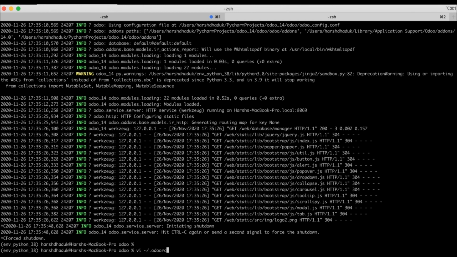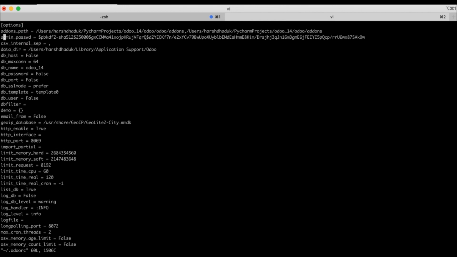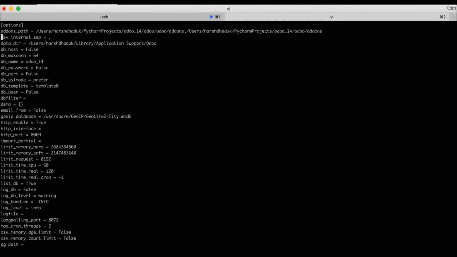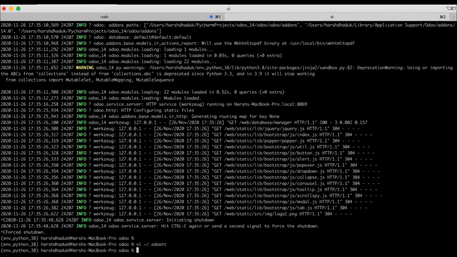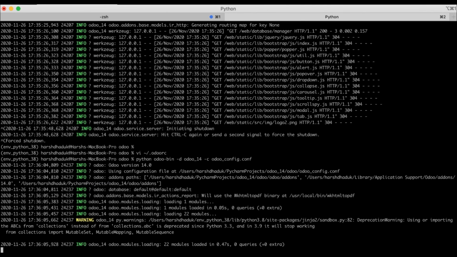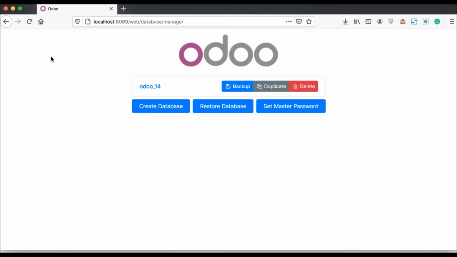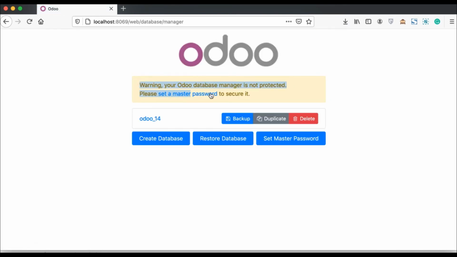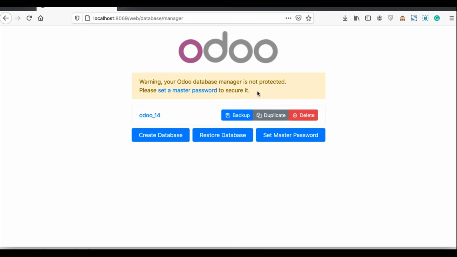Once I remove it from there and execute my own configuration file again and refresh, you can see it displays this warning message, because in my configuration file that admin_password parameter is not matched.